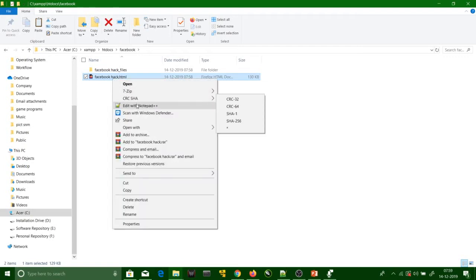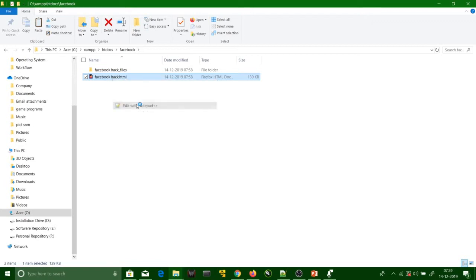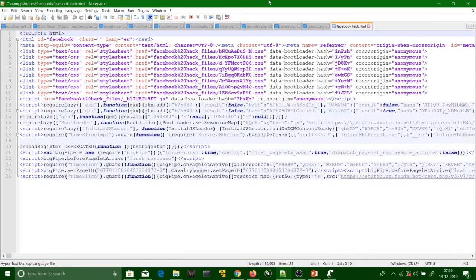So here I will open Facebook hack. Whenever we create any input tag, it is mostly under the form tag.